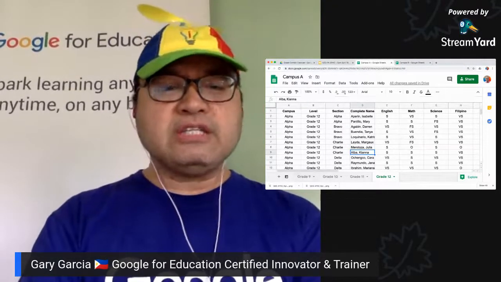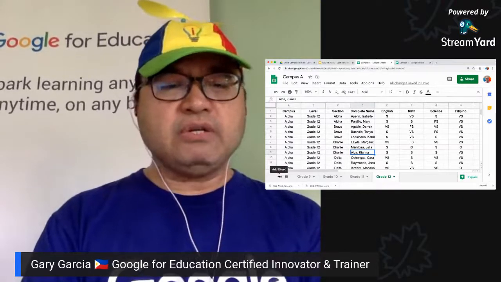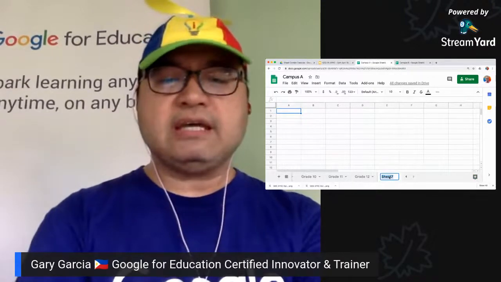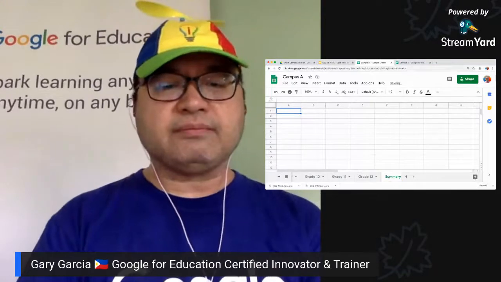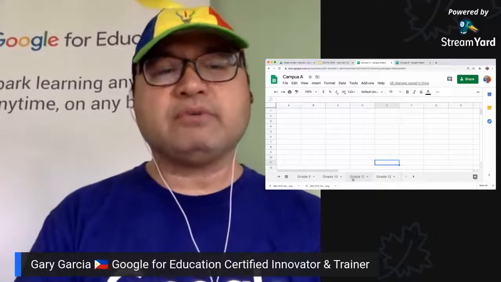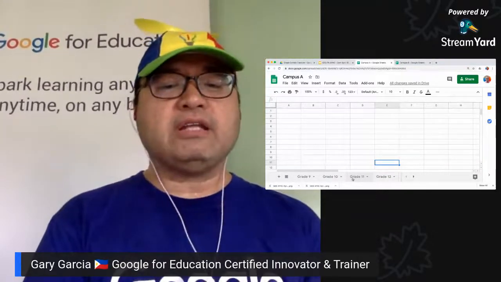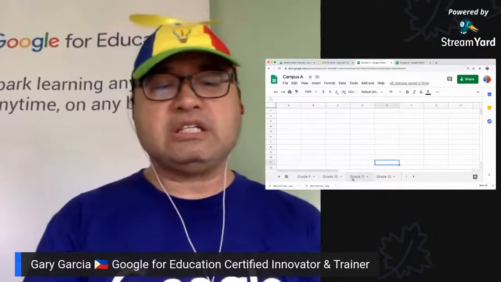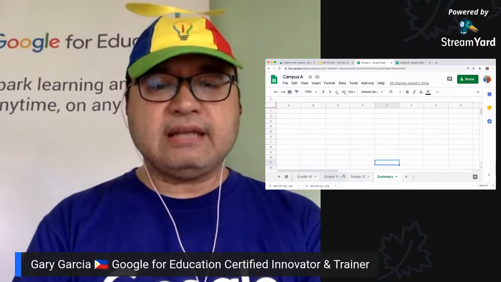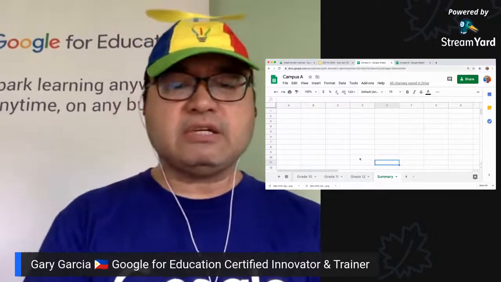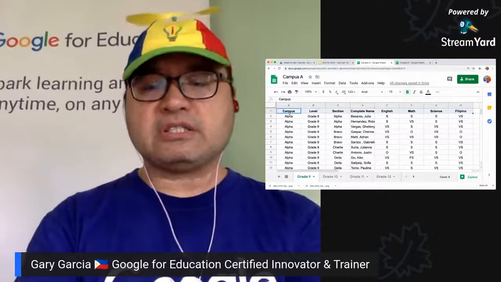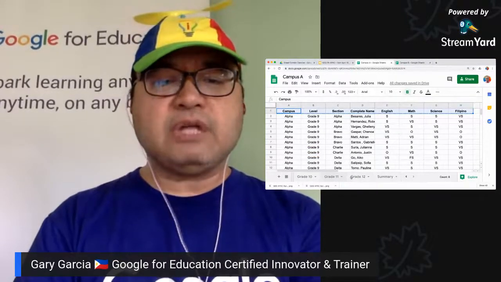Since you have a copy of my spreadsheet, what I'm going to do now is click Add Sheet. Gagawa po tayo ng bagong sheet. Let's say Summary. I will put Summary here. And then I will combine all the levels. So how do we combine po? Ano po ang ating command to combine multiple sheets into another sheet? For now, we will have grades 9, 10, 11 and 12, and then we'll put everything in the summary sheet. To do that, let's just copy the column header, and then let's put them in the